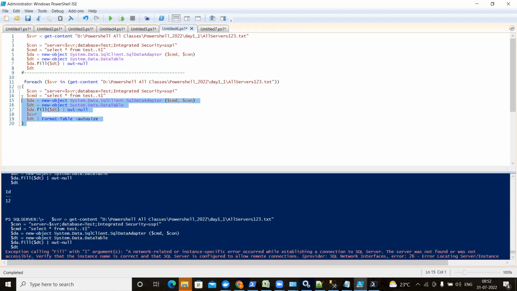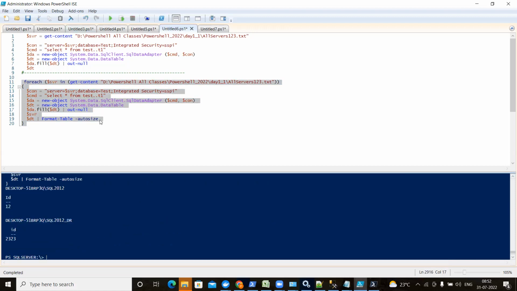So that's it. If I execute this, this time I am getting two results. The first result is for this server, SQL 2012, ID is 12, and the second one is 2012 underscore dr. The result is this. So you understood what the for each loop is and how we can write it. Now if I am going to write a third